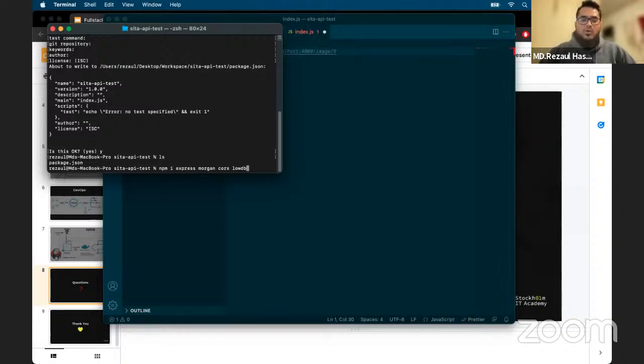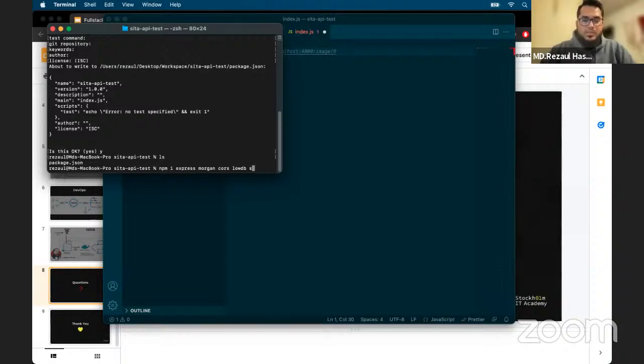I am not using any MongoDB or Postgres because I lost all the free subscriptions last year, since I've been using all this stuff for more than one year. So that's why, and LowDB is using your memory. So for this API implementation, LowDB will help us store our data inside LowDB. And